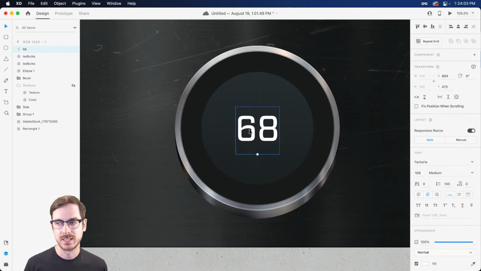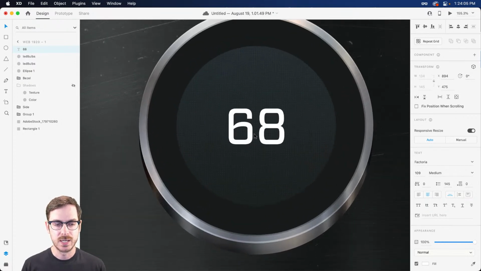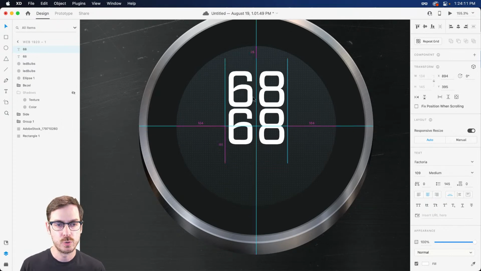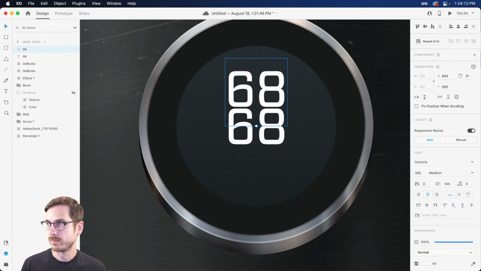And then we may also want a few additional pieces of information on this section here, right? We might want to indicate whether or not the temperature is cooling or heating. So if we duplicate this up a little bit,